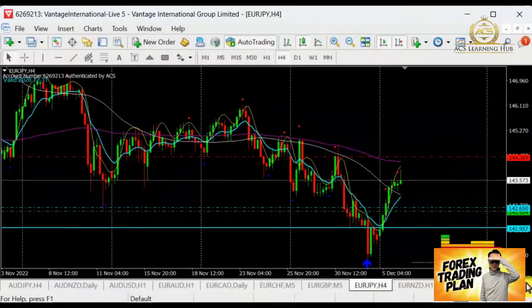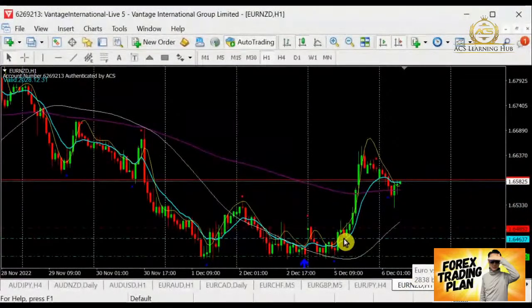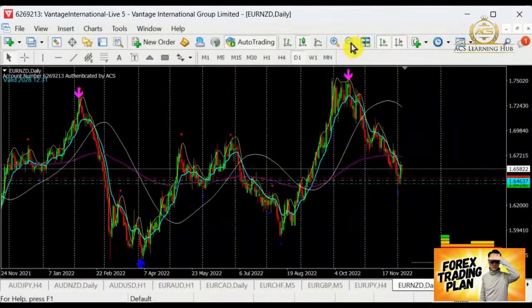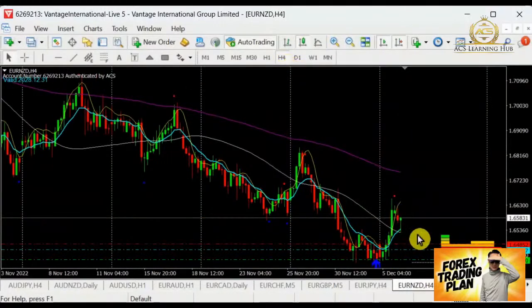Yep, and next to go, Euro Kiwi. Well, for Euro Kiwi over here, let's look at the trend. We are in a bear trend. It's very obvious. After this bullish run, it started to form a lower low. Now it's coming for a bear trend, so this bear trend is coming into state, thereby it's going to start selling. Euro Kiwi is already in the bear.